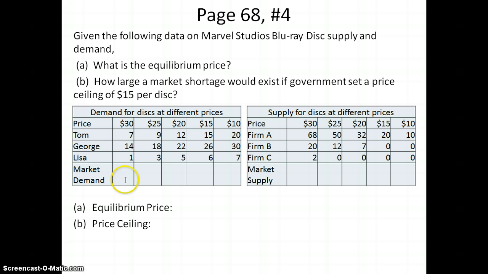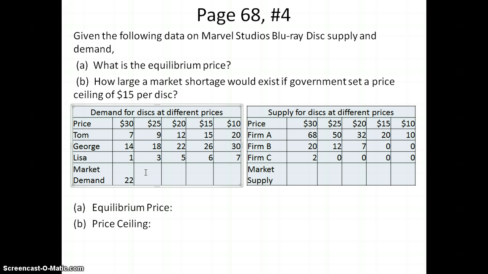It tells us for a price of $30, Tom would like to buy 7 movies, George would buy 14, and Lisa would buy 1. Altogether, we would add our 7 plus our 14 plus our 1, and that would give us a total of 22 movies that would be purchased. We're also assuming that these are the only 3 people that will buy movies in our example. In the real world, there's of course tons and tons of people, but we are just limiting it for